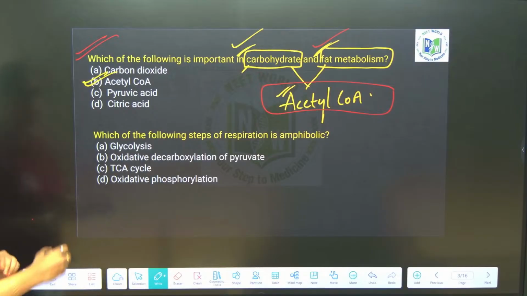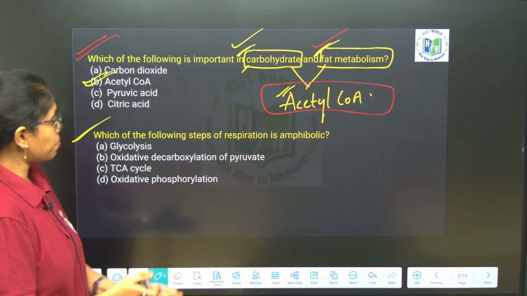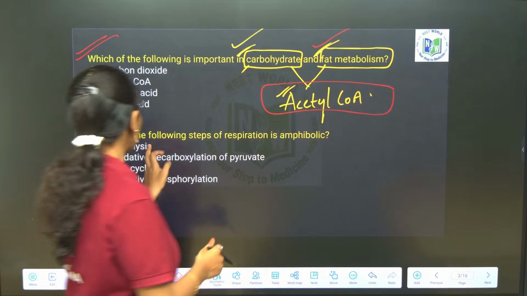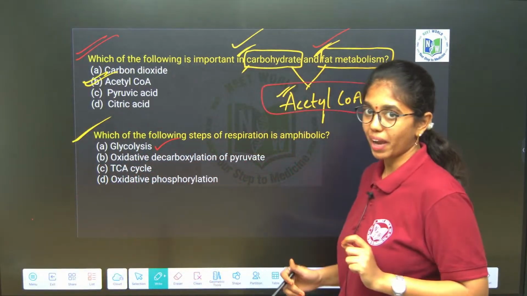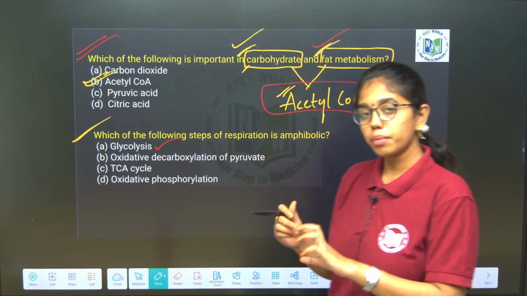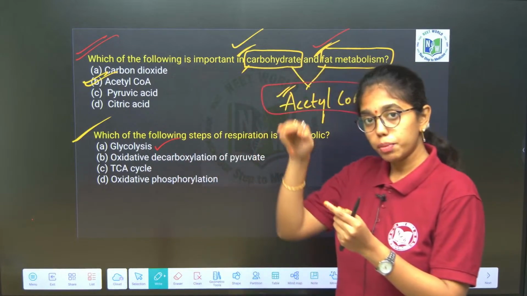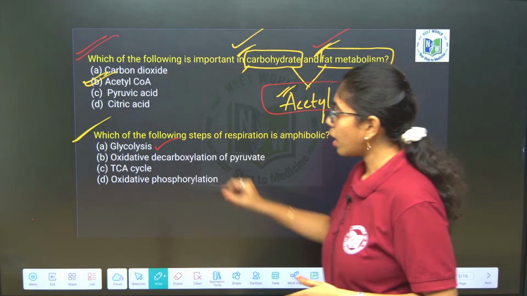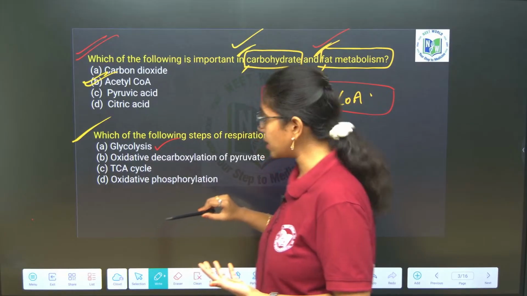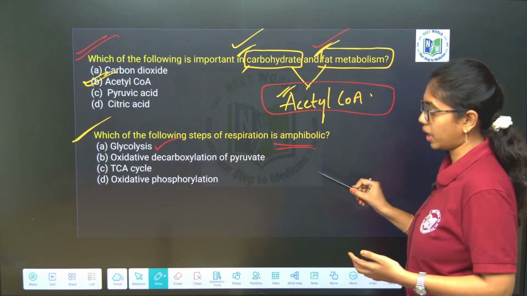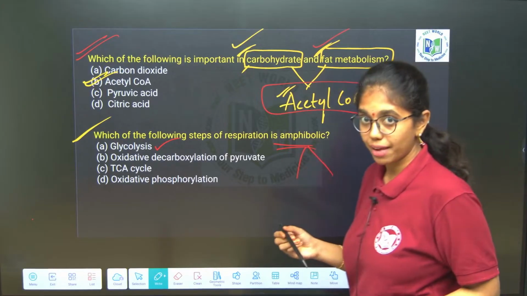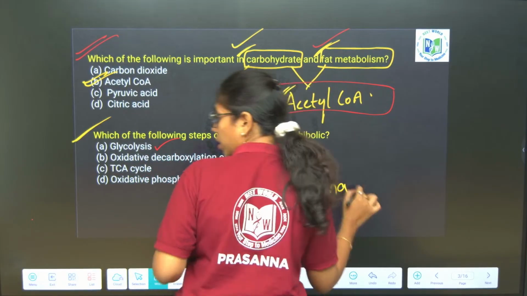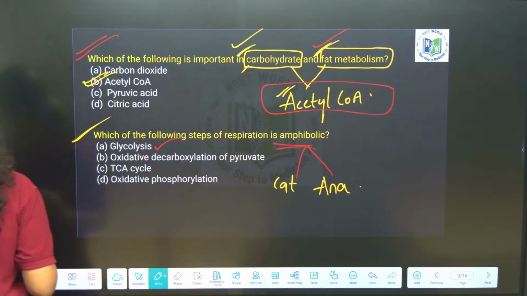Next question: which of the following steps of respiration is amphibolic? Glycolysis: the end of glycolysis is pyruvic acid. Pyruvic acid will be the intermediate or the end product. It will be joined by proteins, okay. Protein will join the TCA cycle by pyruvate. So at the end it is in glycolysis. So we cannot consider glycolysis as the amphibolic option, because in any amphibolic process, both catabolism and anabolism have to be involved. Yes, the answer will be acetyl-CoA, yes ma.